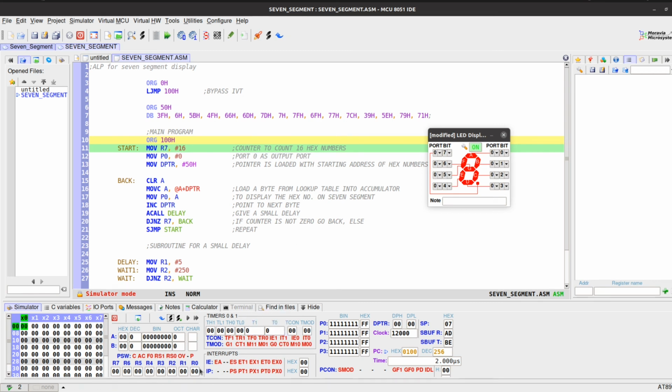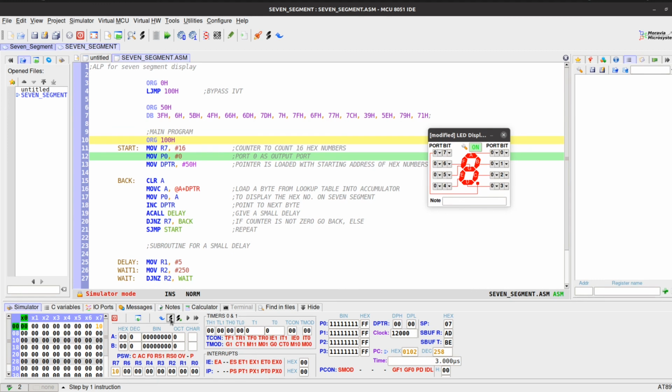We can see, dear students, R7 right now is 0, but after execution of this instruction R7 will become 16. Let me execute once. Now R7 is 16 in decimal, and the equivalent of that is 10H.